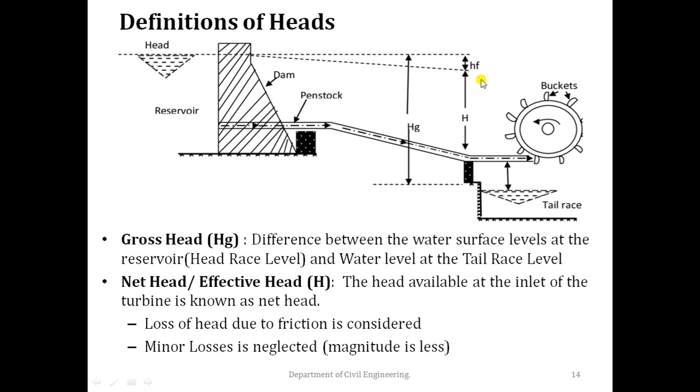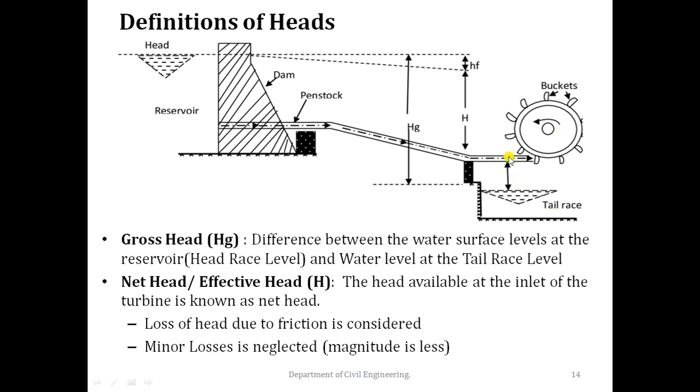So the net head at the inlet of the turbine, that is just before the water is about to strike the turbine, the net head here we will be calculating. It is given by net head H is equals to the gross head minus the loss of head due to friction. So loss of head due to friction is given by 4 FLV square by 2 GD, and